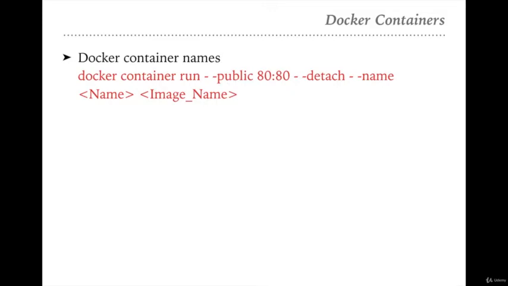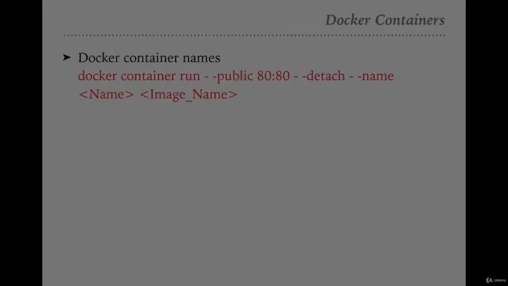For this I can use the command docker container run --publish host port:container port --detach --name and then provide the name. All the command is the same as we used earlier. Just one parameter is extra in this command, which is --name, right? So let's see how we can use this parameter.